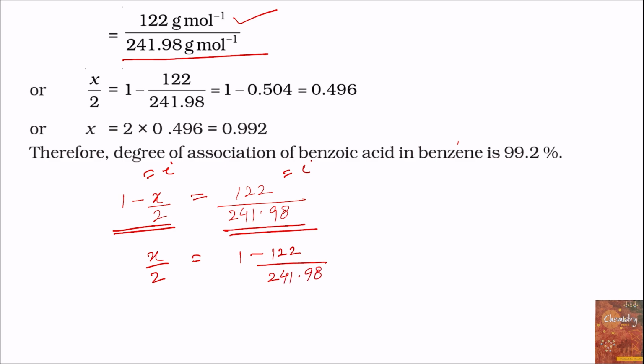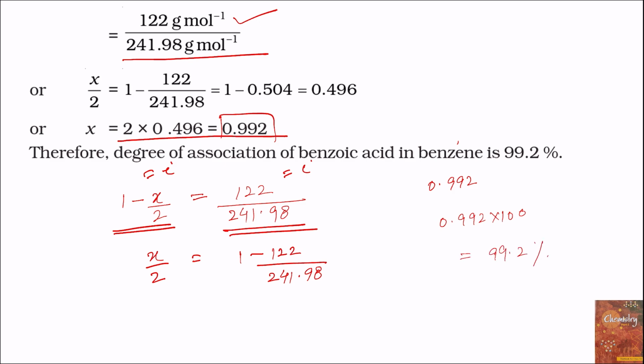Solving, value of x will be equal to 0.992. So this is the degree of association. So degree of association of benzoic acid is 0.992, and percentage association of benzoic acid in benzene will be 0.992 into 100, which is equal to